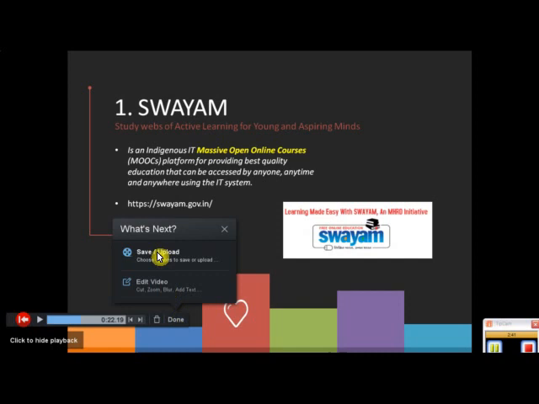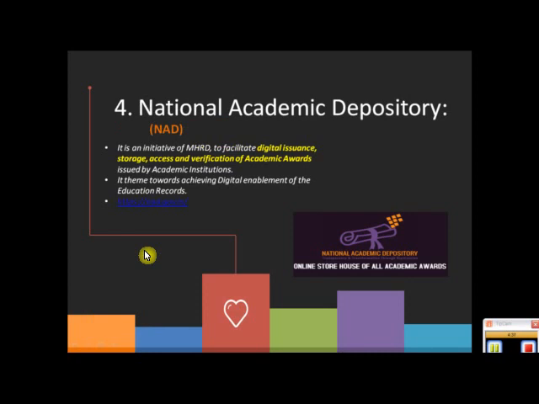After clicking on done, there are two options, whether you want to save or upload this file directly on YouTube or some other options, or if you want to save it in your computer, or if you want to edit this video, you can choose any one of the options depending upon your need. But for practice, I am saving this in my desktop.